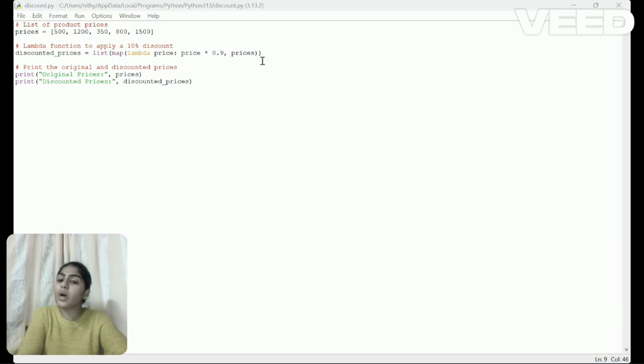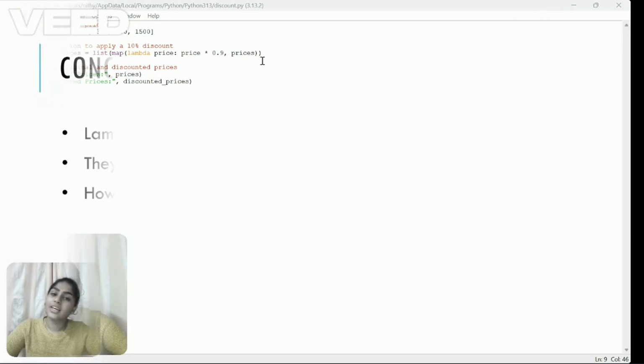Now you might be wondering, why use lambda instead of normal functions? Well, this is why. Lambda functions are much shorter. A normal function would take 3 to 4 lines, but a lambda function does it in one simple line, and it is also temporary. We don't need to reuse this function, so we don't need to define it separately, and it's also efficient. When used with map, it quickly processes large lists without loops. This is why lambda functions are super useful in real life applications.